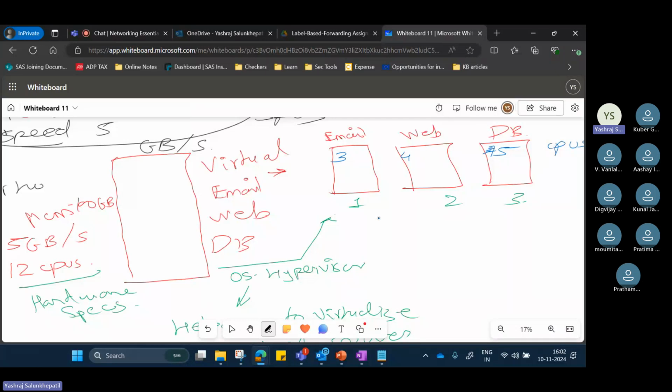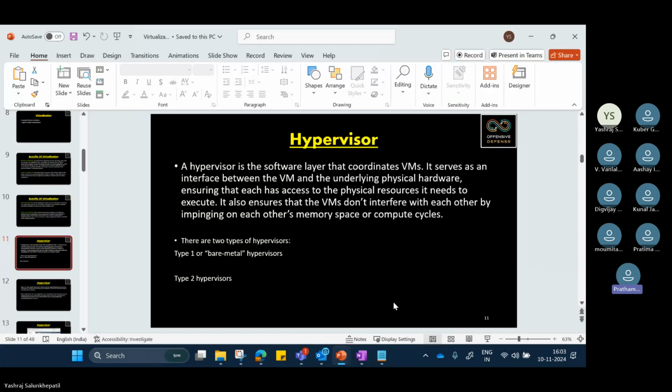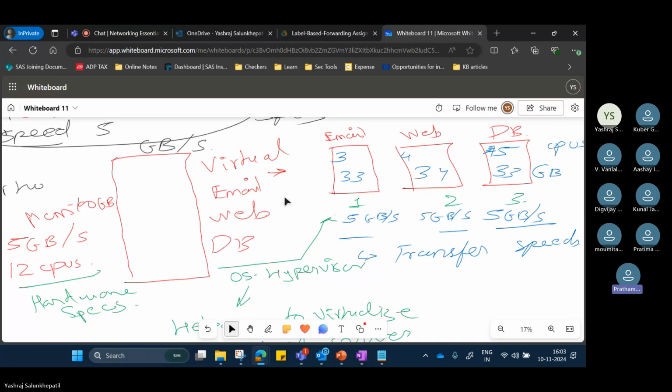Same way for memory. I can have 33, 34, 33 GBs. Okay, and speed. Okay, I can have, let's say, can I have all as 5? Can all my servers have a transfer speed of 5 gigabytes per second? No, sir. Why not? Sir, because they are not connected to each other. Like they means isolation में काम करते हैं ना वो तो फिर. Mm-hmm. Okay, but the thing is isolation में काम करते हैं, it means that they don't, like memory के लिए